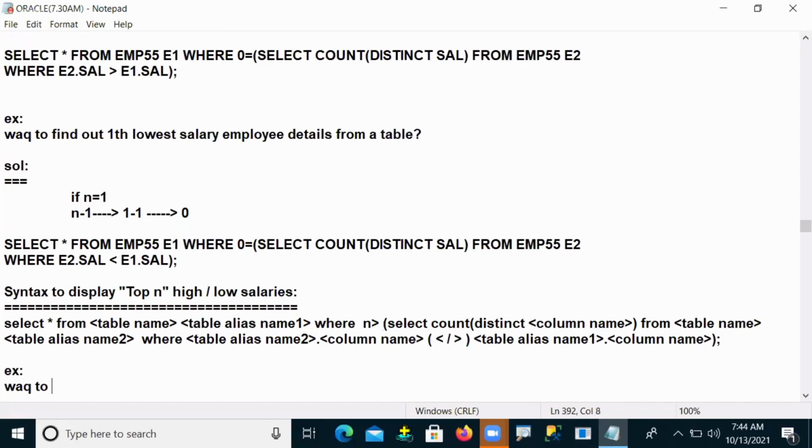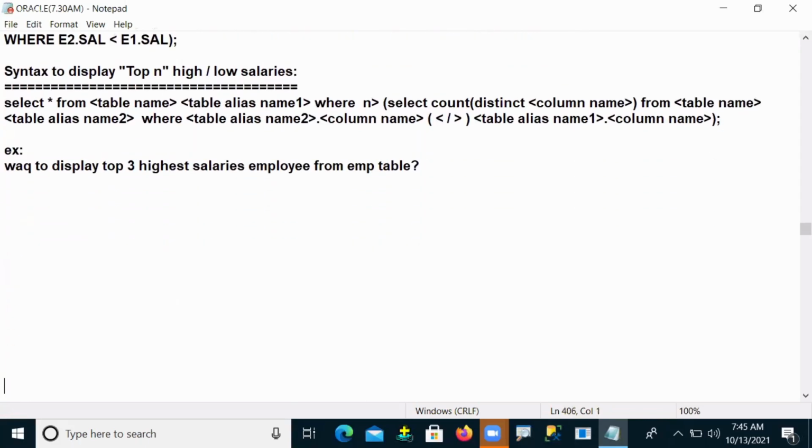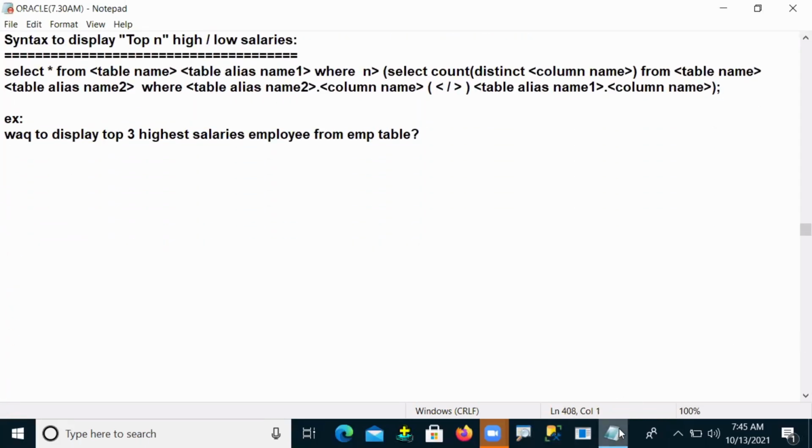Write a query to display the top 3 highest salary employees from the EMP table. So now I want to get the top 3 highest salary employee details. Let me come out here.